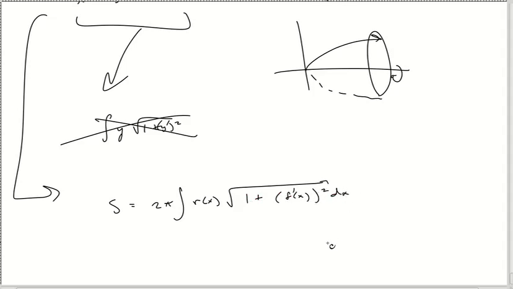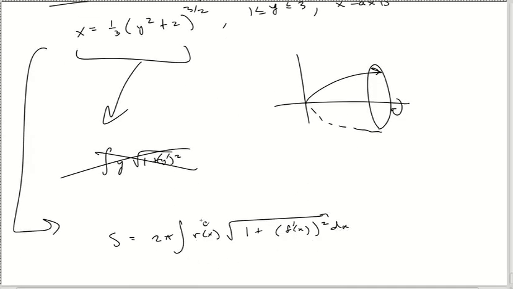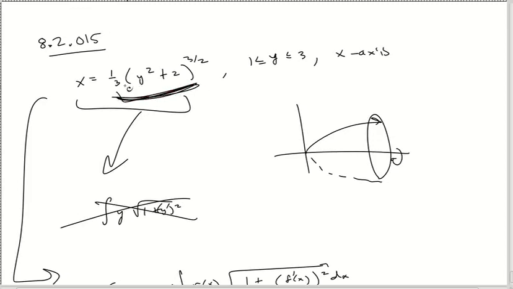Okay, that's good enough. And I was mentioning how r of x changes depending on what's going on here. Well, what if instead of saying x, x, x, what if things were in terms of the y's? So this is my f, essentially. I'm going this way with my distances. Instead of going up and down, what's my height? No, I'm going side to side, and that's why it looks funny to begin with. Also, they give you limits with the y's, so it helps us going in this direction, by the way. And like I had mentioned way earlier in this section, that distance to the axis,